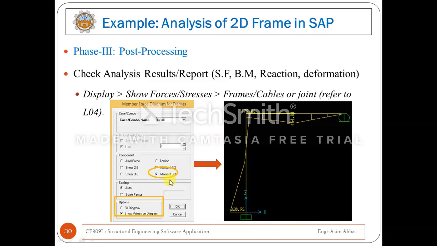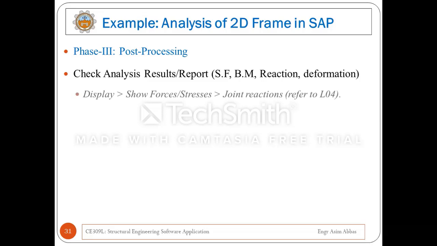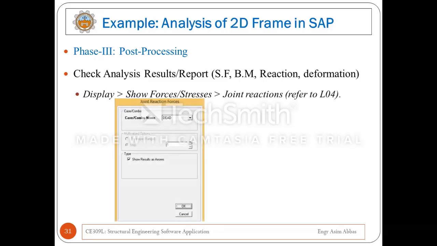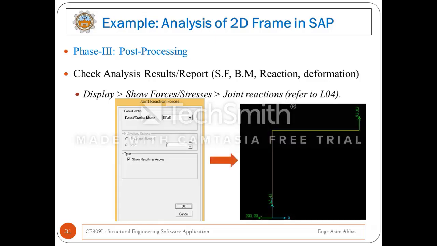Similarly, you can also display joint reactions. It is shown in this slide. So how will you access joint reaction forces? You just click on the display option, then go to show forces and stresses, and from there just select joint reaction. Okay, this menu will appear, and from here you can see different joint reactions for a particular load case